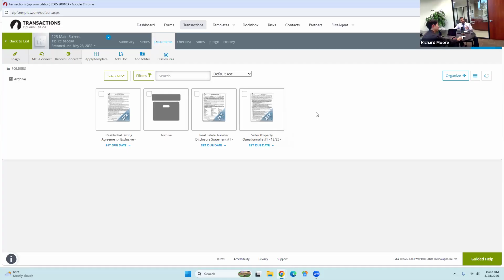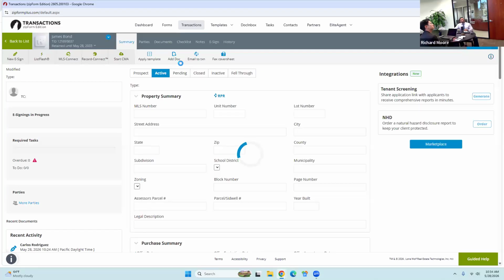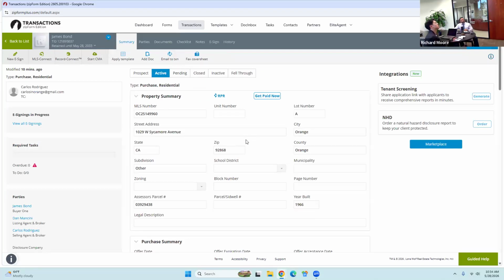And another way that I just found out that you can use the template section is a checklist. And the checklist is pretty cool because let's say you accept an offer. Let's go to the buyer side. So I'm going to go to the buy side. I'm working with James Bond. And I want to add